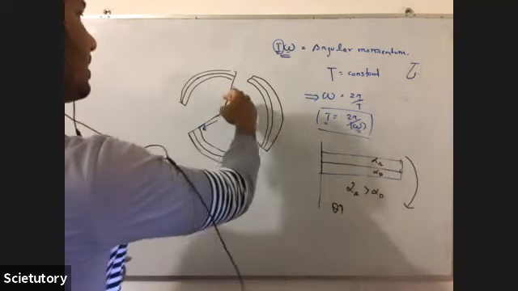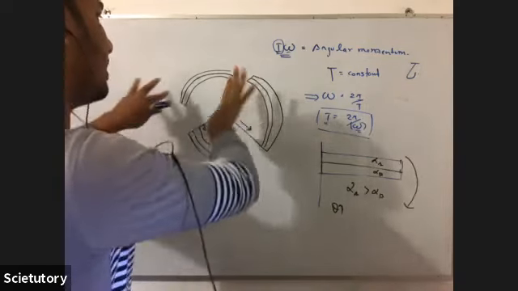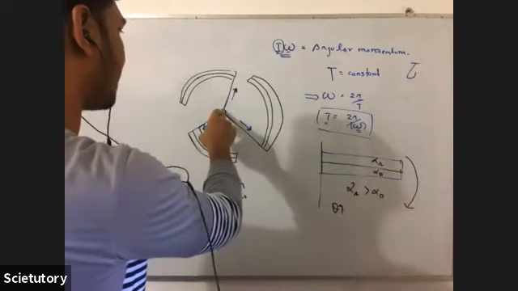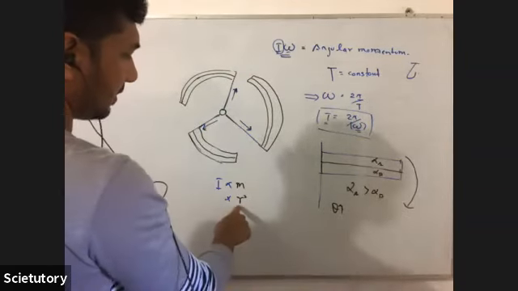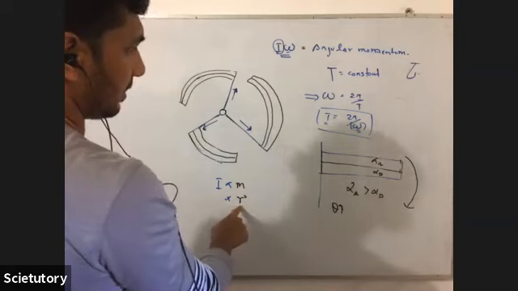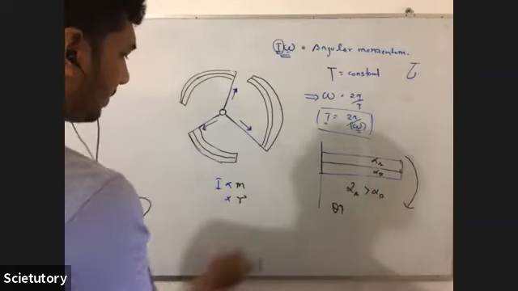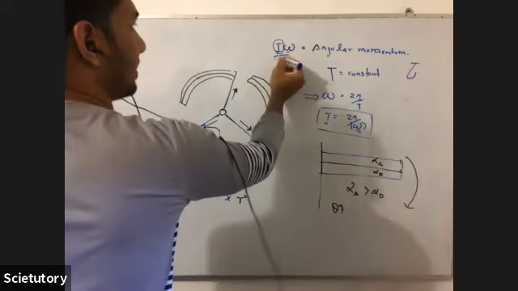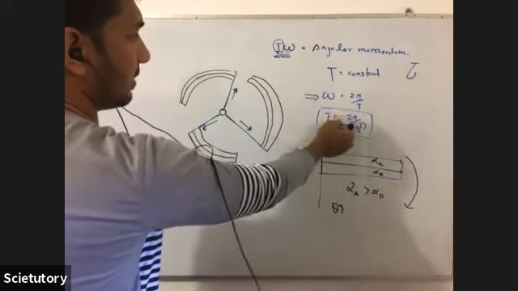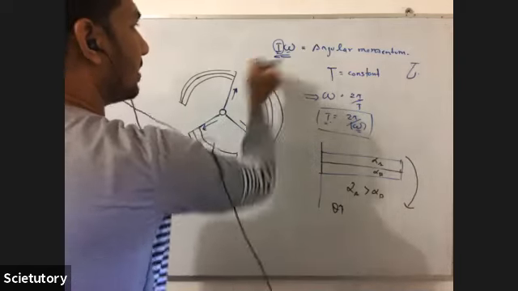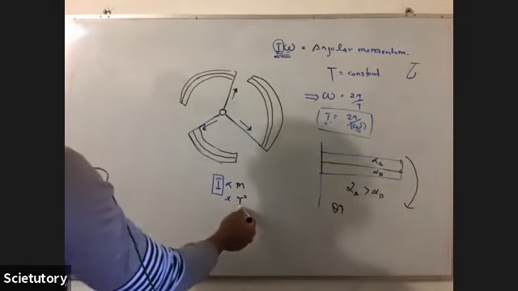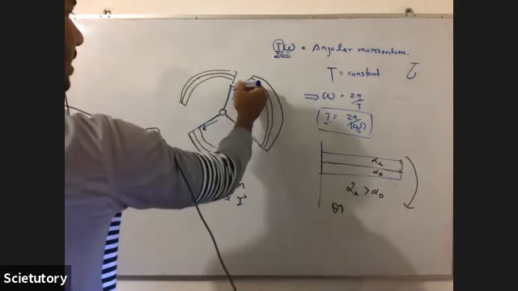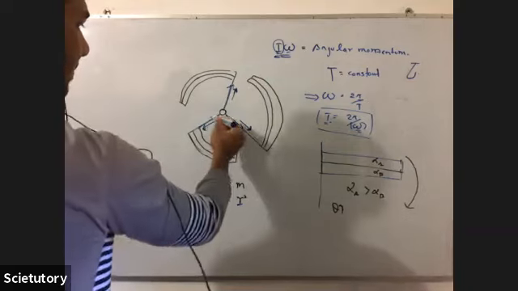So I said that due to the expansion, the bimetal strips are going to move outwards, away from the center. So there is a change in R. So you can argue that I is going to change. But I is constant because of these conclusions. L is constant, omega is constant, I is also constant. So R is going to increase because these bimetal strips are pushed away from the center, isn't it?